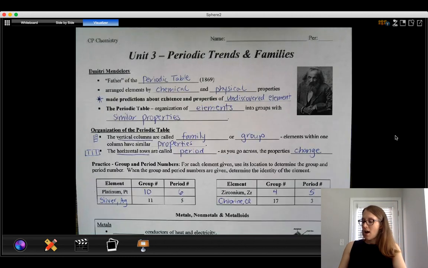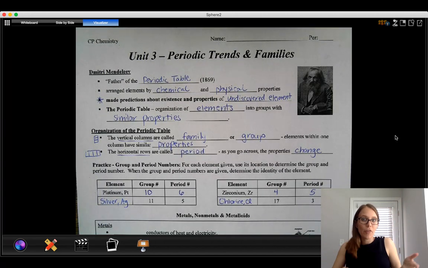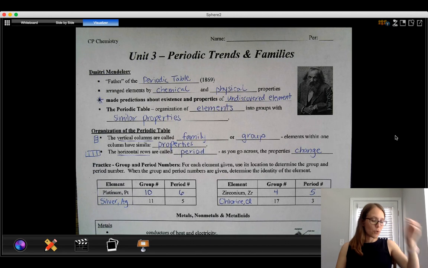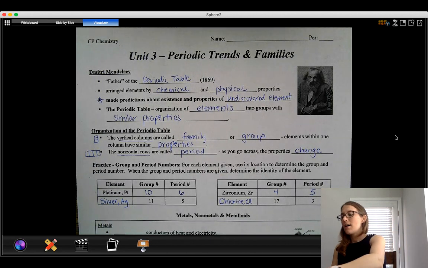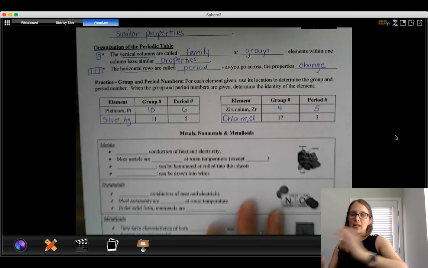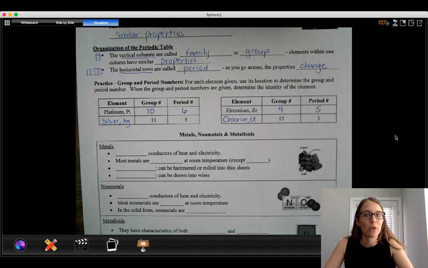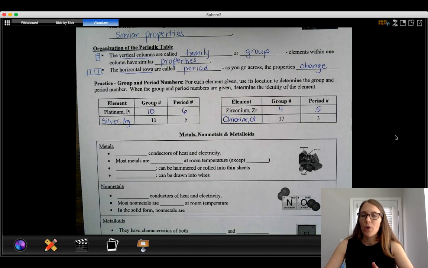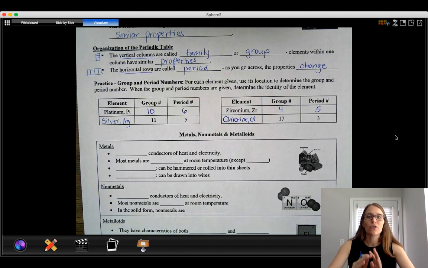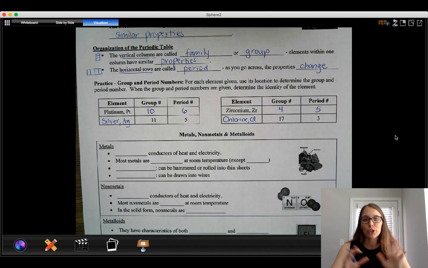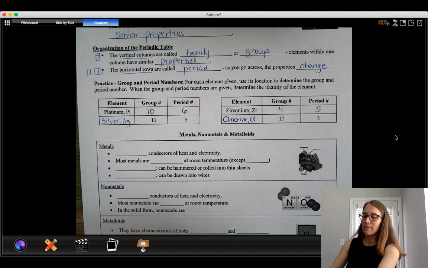All right, so that's one thing we can see when we look at the periodic table, those group and period numbers. The periodic table is also divided into 3 big chunks, which are called metals, nonmetals, or metalloids. And this helps us identify some properties about big chunks of the periodic table at a time. Within one single family, there's more specific properties that relate to just those elements, but we're just going to first loosely break the elements into 3 chunks.